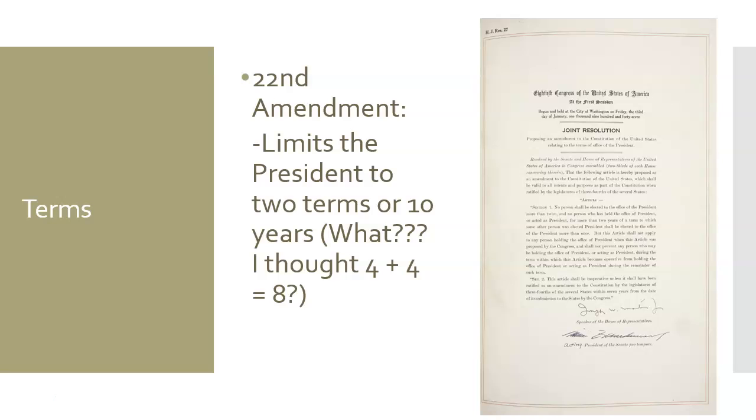All presidents, up until Franklin Roosevelt, served no more than 2 terms. There was no term limit. It just so happened they followed the example of George Washington. George Washington was elected for 2 4-year terms, 8 years total. He decided to retire at that point. Everybody else followed that example until Franklin Roosevelt.